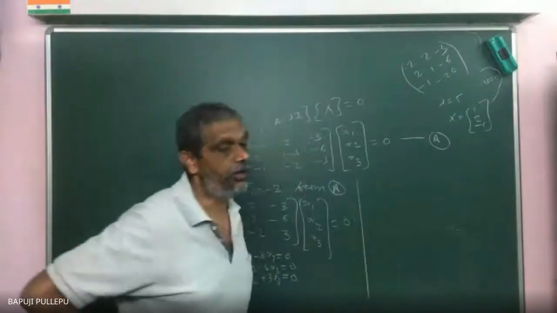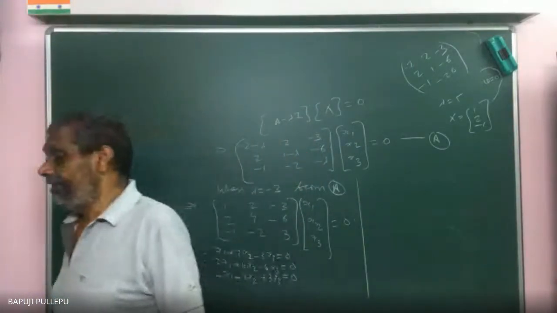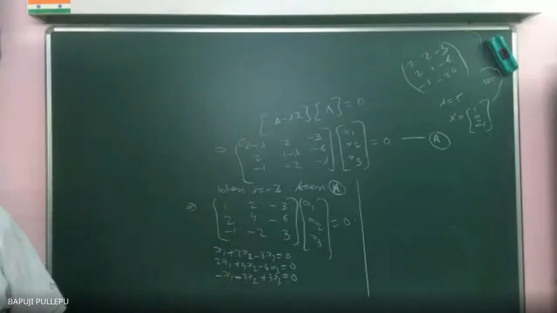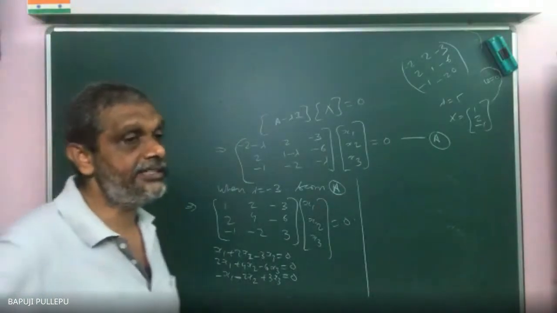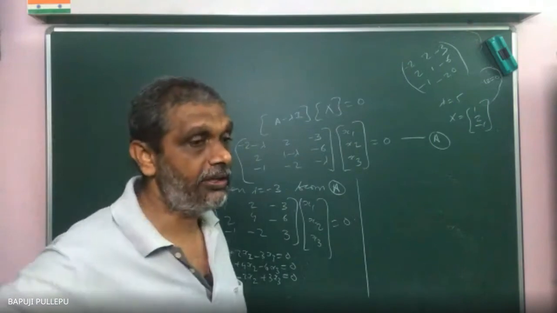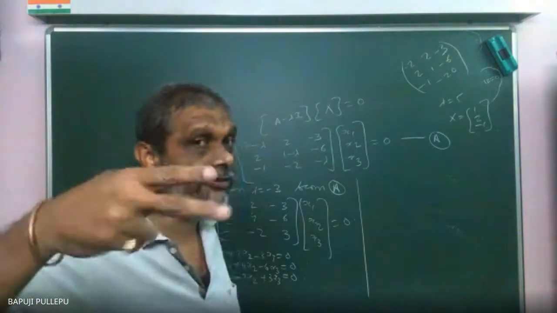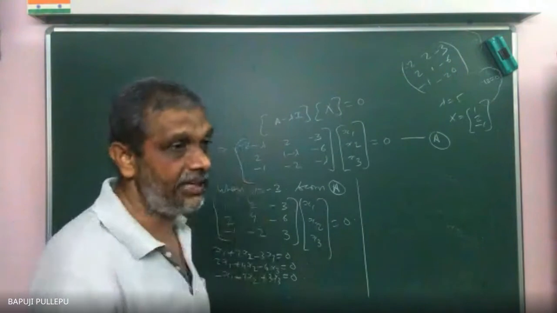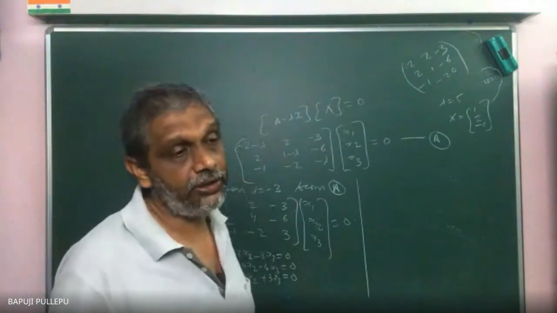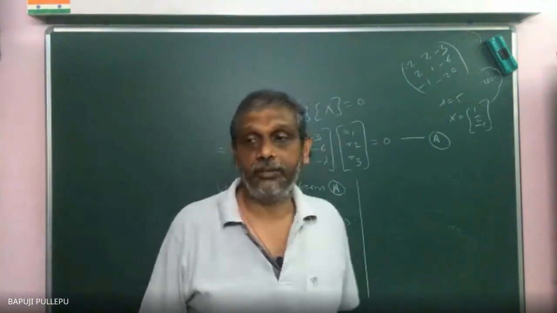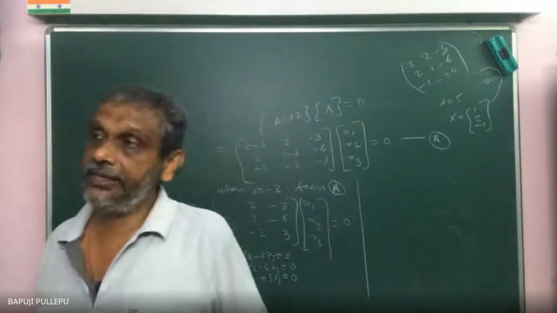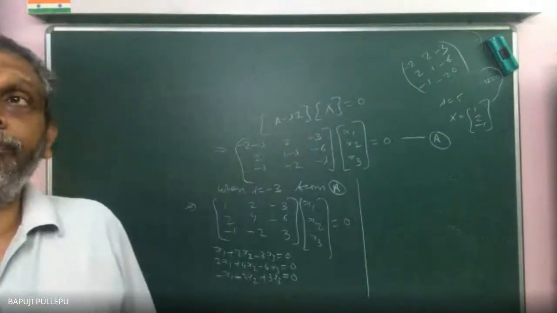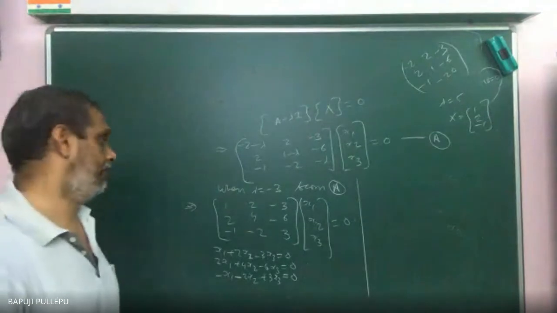So you don't go for the rule of cross multiplication when two equations are the same. That's why I said, out of three, if two equations are the same, don't do that. Which two different ones can you attack? Here all three are the same, so I cannot. Sometimes the first and second are the same, maybe the first and third are different, and the second and third are different. That time you can take the first and third, and the second and third.